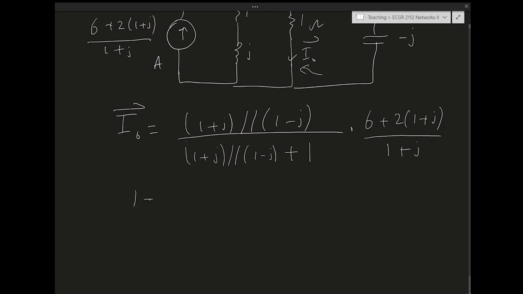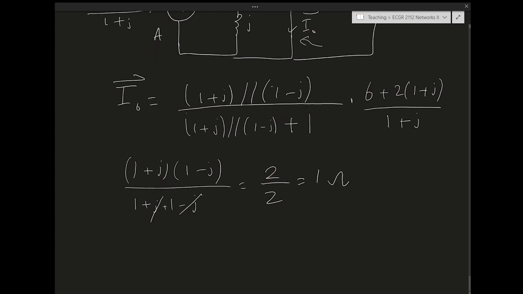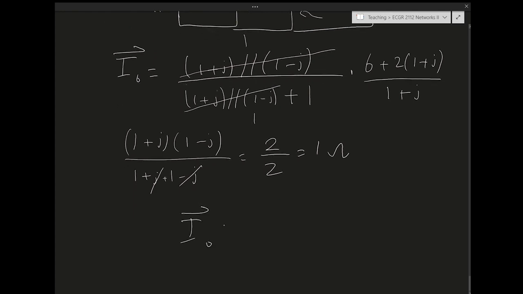We find the parallel of this, so this is their product over their sum. So J cancels. I end up with 1 squared plus 1 squared, which is 2, over 2, 1 ohm. So this whole term becomes 1. This whole term becomes 1. So it's 1 over 2, right? So IO becomes half of 6 plus 2,